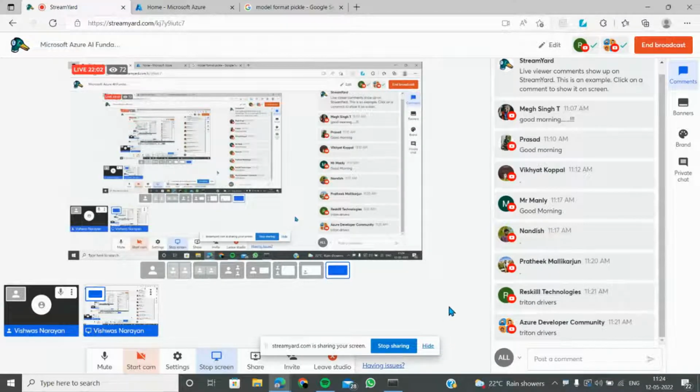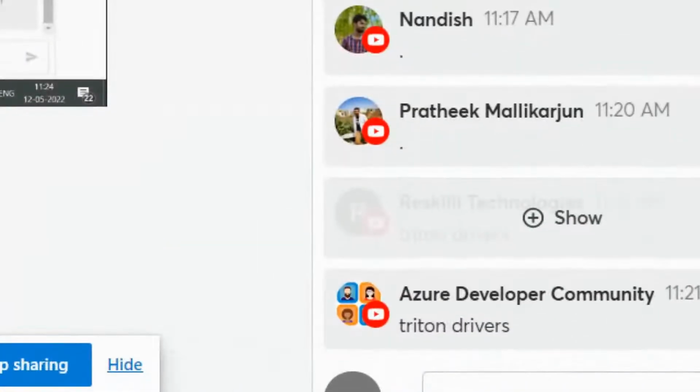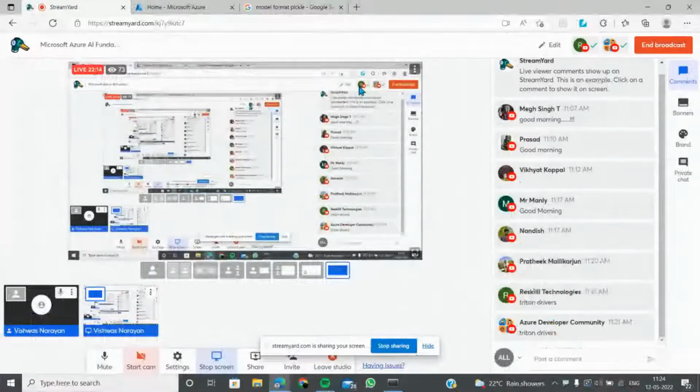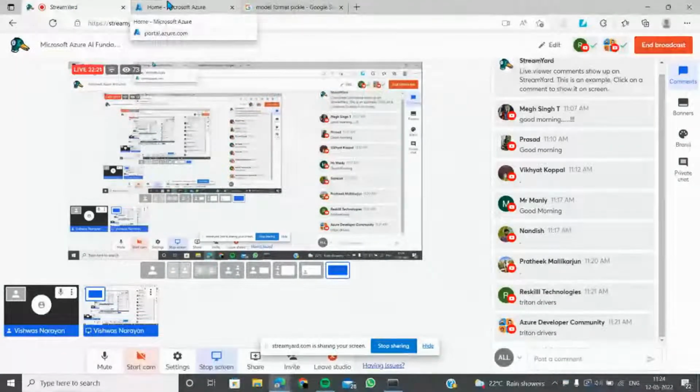So, Triton drivers. Yes, Triton drivers is what I have told. So research about it. Don't worry about it. Research about this. You will learn a lot. And I think there was one show that we just did with a Devrel from Nvidia. She's doing pretty awesome and evangelizing the right technology. So you guys can use that kind of an approach that is being given to you, because all these things that we are just talking here probably take years to develop in their teams. So keep an eye on all those things.